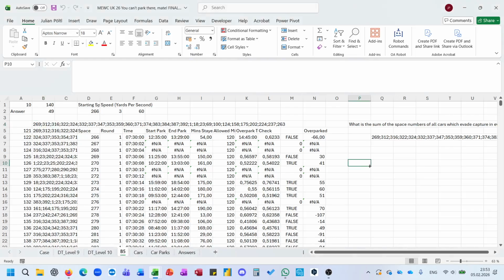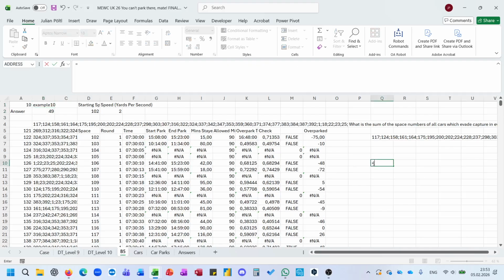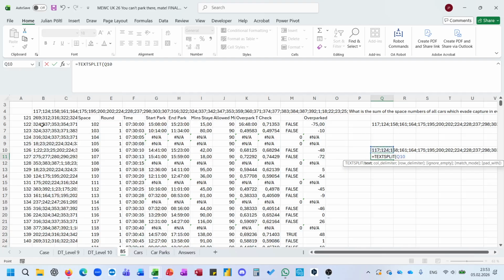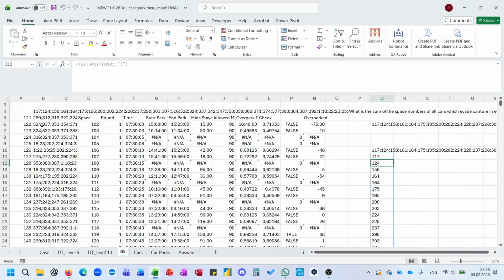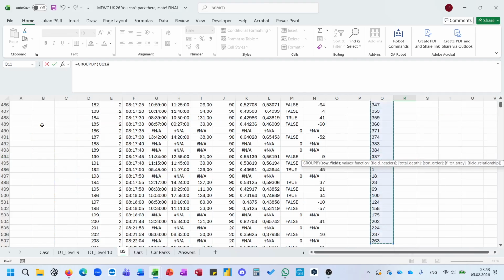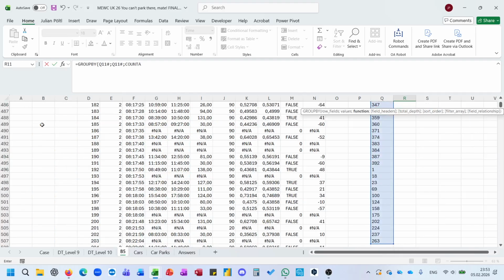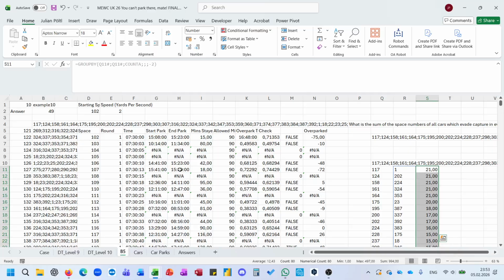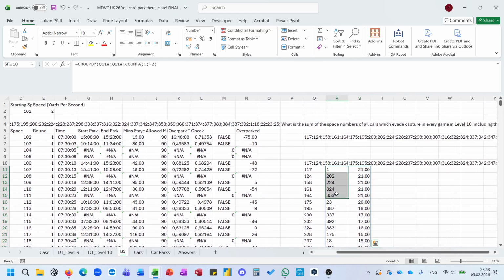Okay, we are back, and let's do the following. Text join. First, I need to include example 10 and do a text join of all of this and text split by row, group by, count 8 minus 2. And here I have